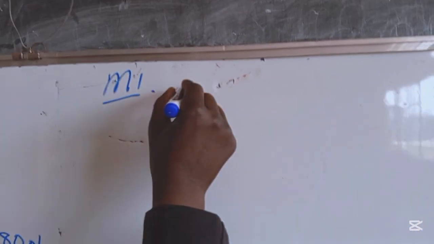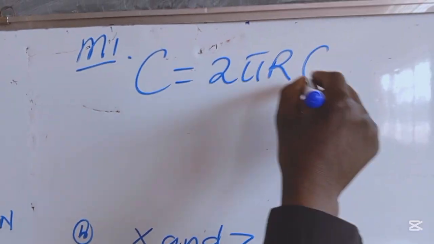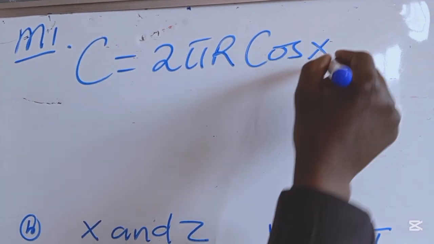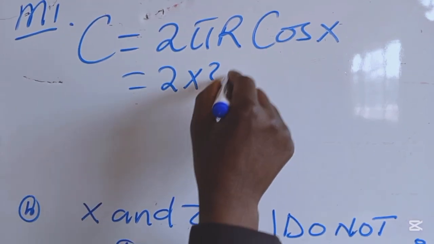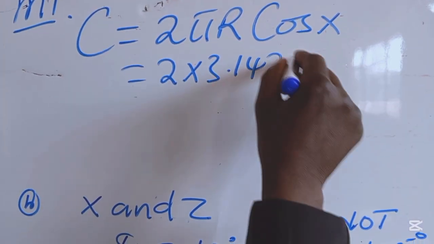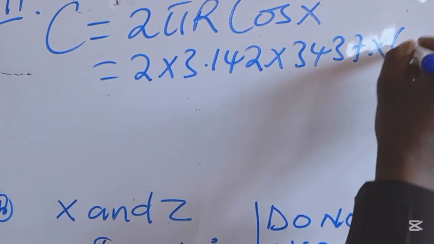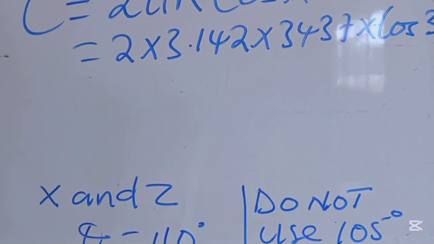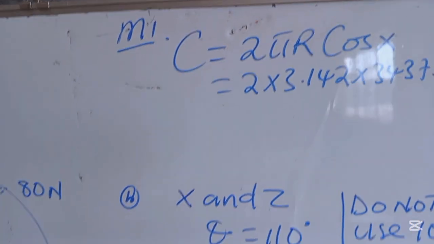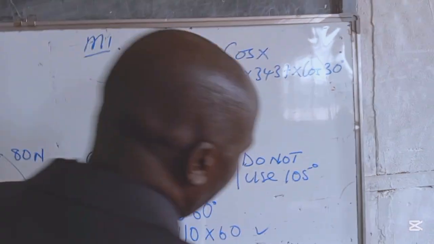Method 1: you say the circumference of the circle is 2 pi r, because it is along the latitude, multiplied by cos x, whereby you have to say 2 multiplied by 3.142. My radius is 3437, and then you should multiply by cos 30 degrees. Where is the 30 degrees? The 30 degrees is what you are given here. So you agree with me that using your calculator,